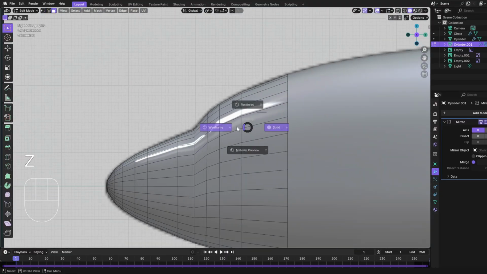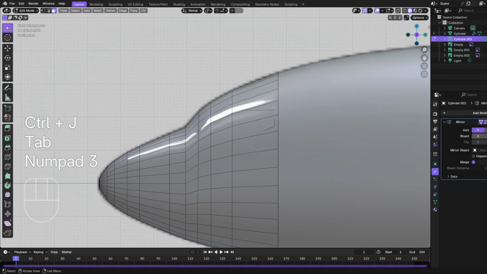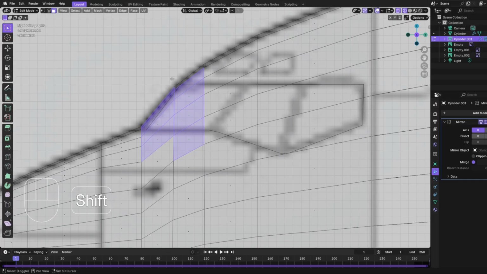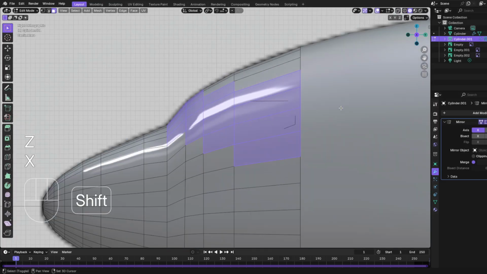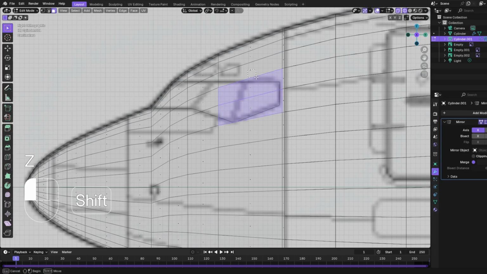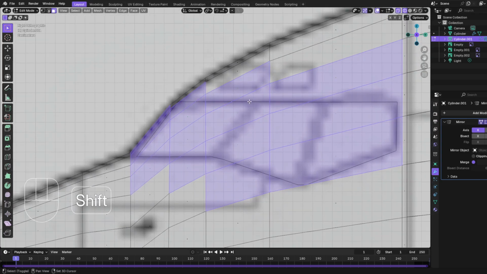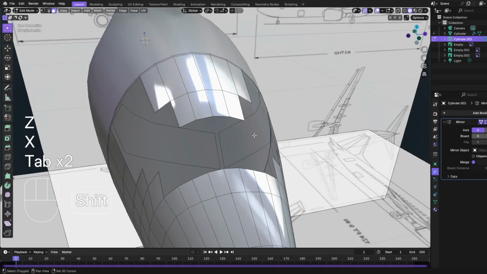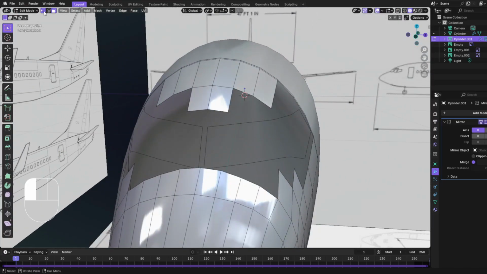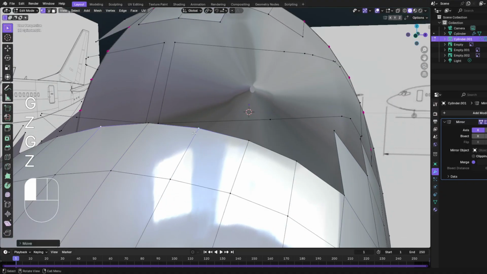Just notice here, this isn't a perfect cockpit window, as I didn't have much time to make this. It was quite late in the night, so now I'm gonna delete some of these faces, but make sure to add a loop cut near the end, because it will just delete the back room and then we'll have a lot of problems. But now we're gonna delete some faces which are overlapping the cockpit windows, and now we can begin joining the vertices with